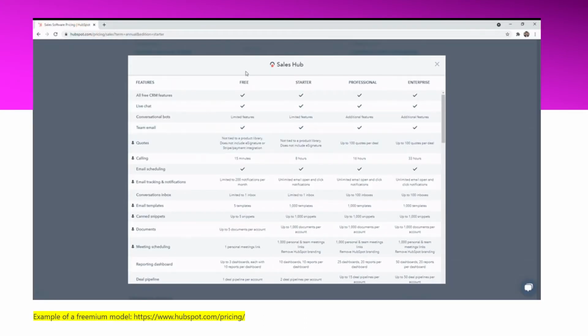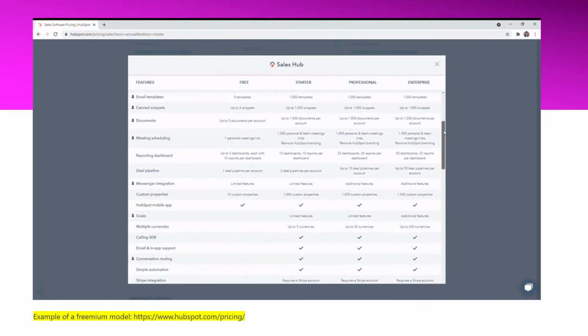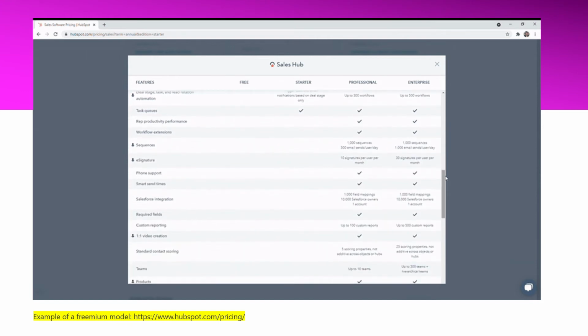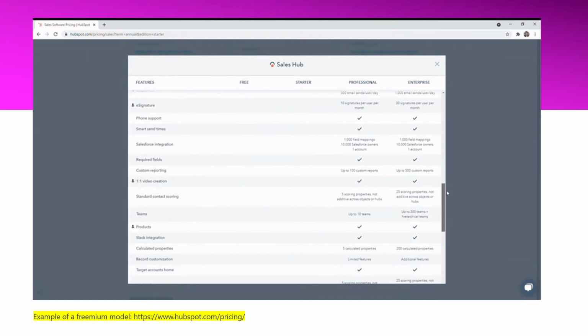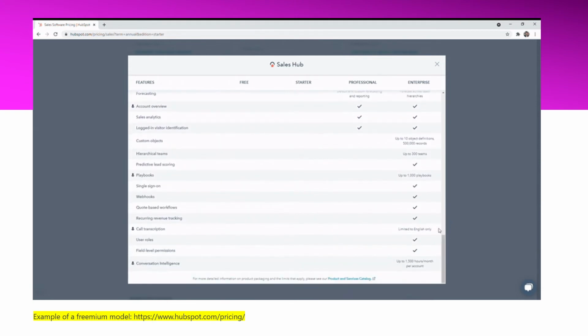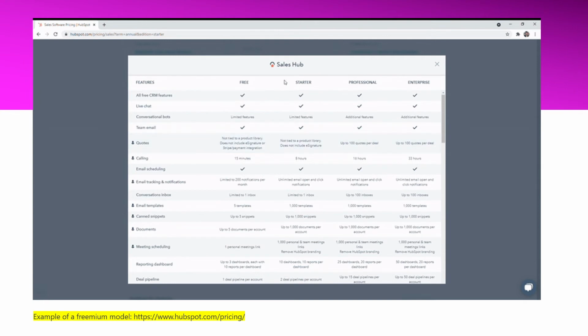Now, what I've got here is an example of a freemium model on HubSpot. As you can see, as I've scrolled down on the left-hand side column, you see free. The free option has less features. Starter, professional, enterprise. Enterprise and professional have the most options, and it's no surprise that the professional and enterprise software